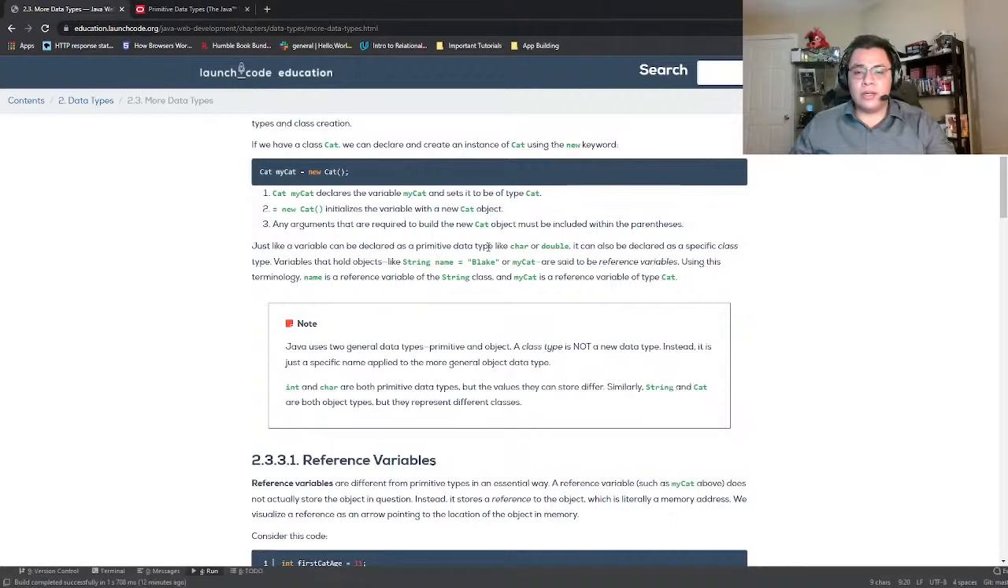Just like a variable can be declared as a primitive data type like char or double, it can also be specified as a,